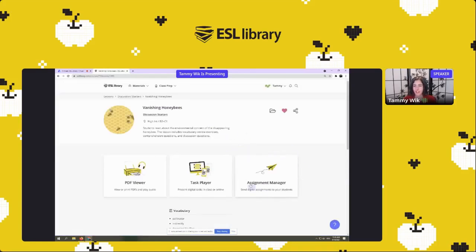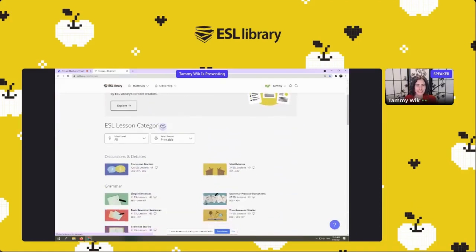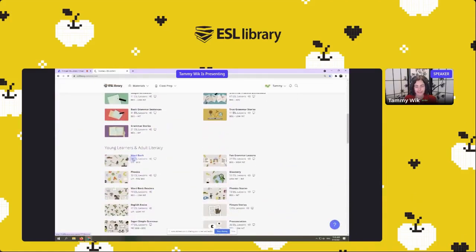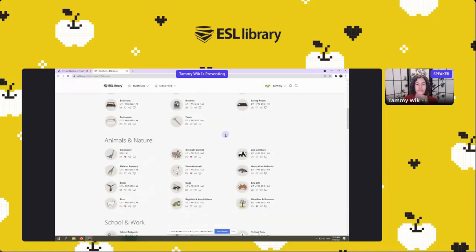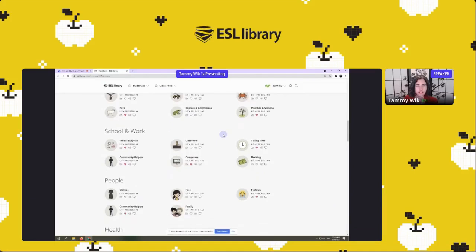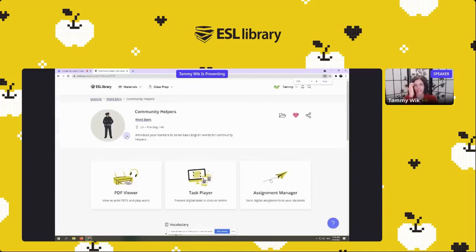So let's go ahead and show very quickly how to assign something and how to leave feedback for our students. We're going to do this really quickly, but just so that you guys have an idea, you can start playing around with it. Let's assign something for a lower literacy level. We've been working with a higher level right now. So I'm going to hop into our lessons and go to our word bank category. And let's do our community helpers lesson